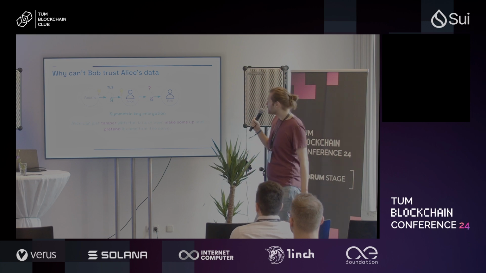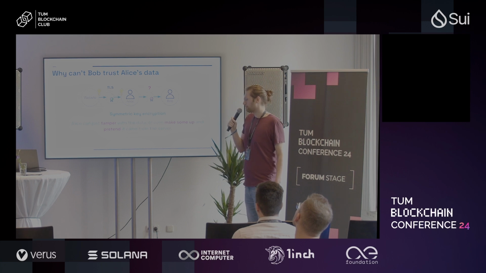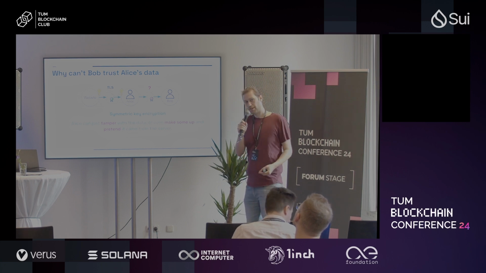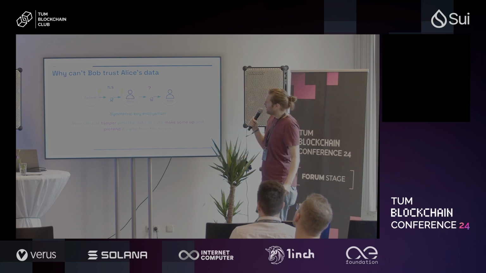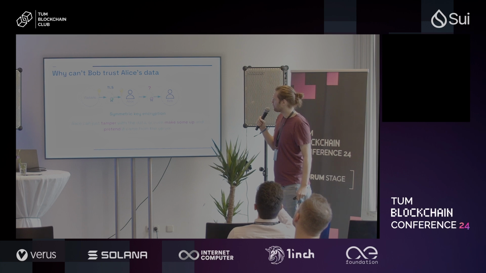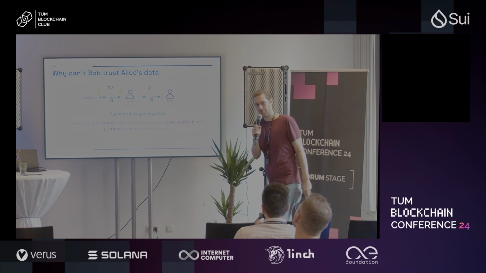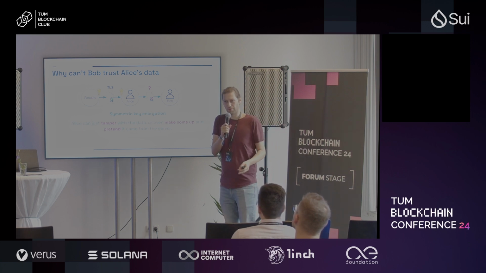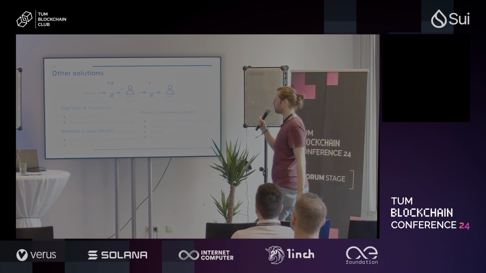Okay, so first, what's the reason why this doesn't work? You have to recall that in the encryption and decryption phase of TLS, when you transmit traffic, you have symmetric keys, right? These are the yellow keys here. And you also see the problem: because Alice and the website have the same keys, Alice can make up traffic and fake it, even flip bits or completely invent the traffic and say that it was sent from the website, and there's just no way for Bob to differentiate this from the website actually sending it, right? So, okay, what can we do to mitigate this?